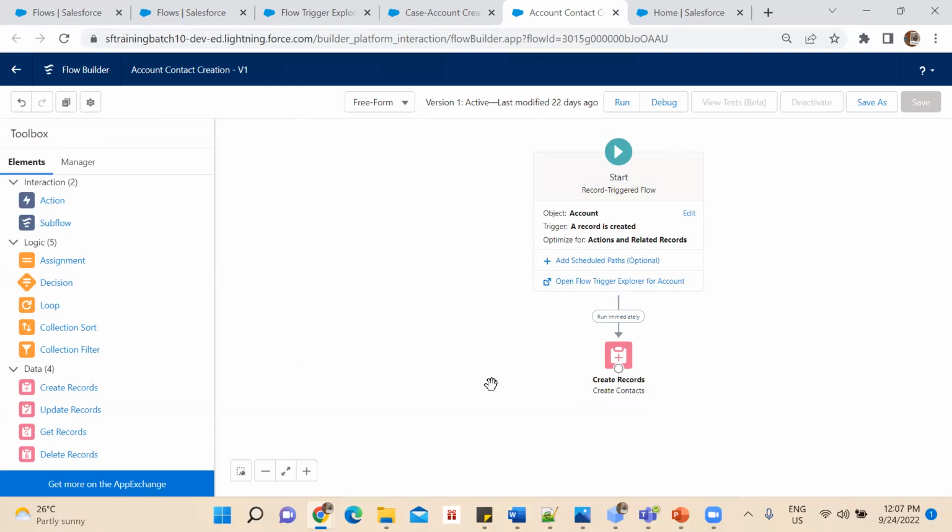So if, instead of create records, I want to delete the records, there are two ways. Using get records, you will get the records which are already there, then you will use the delete records element and pass the records collected in get records to it, and then delete the records. The other workaround is directly using the delete records element.